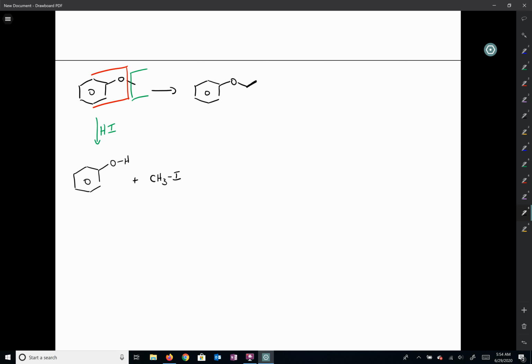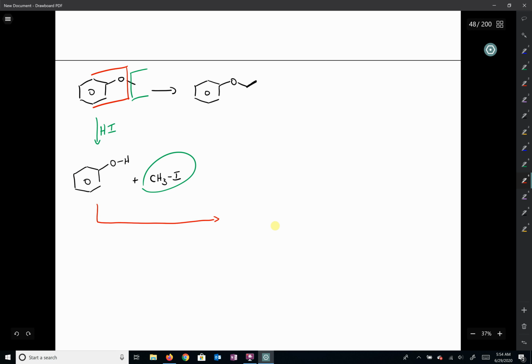That'll be a clue for you guys if you don't know the mechanism off the top of your head. See if you guys can go through and make that product there. Now, the methyl iodide we don't really care about. That's not going to be something that we need. But this we can use. So let's do that. Now the question is, how can we turn an alcohol into an